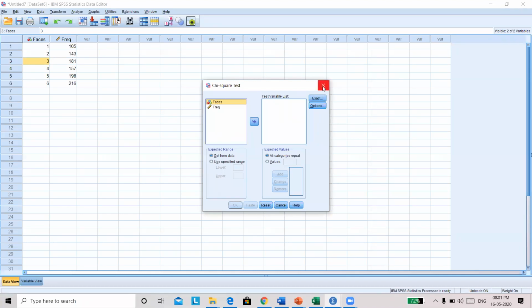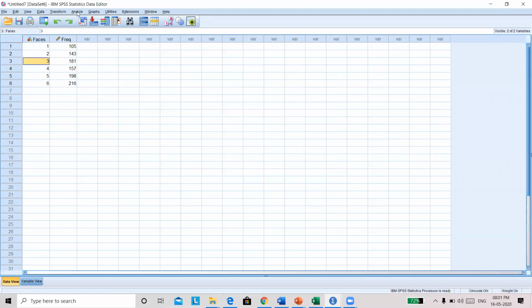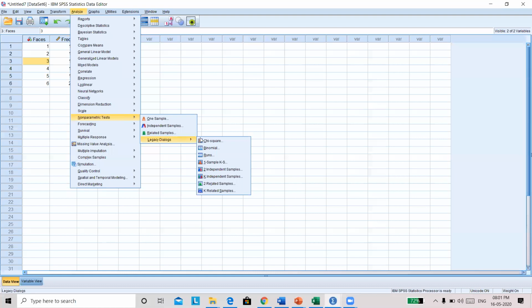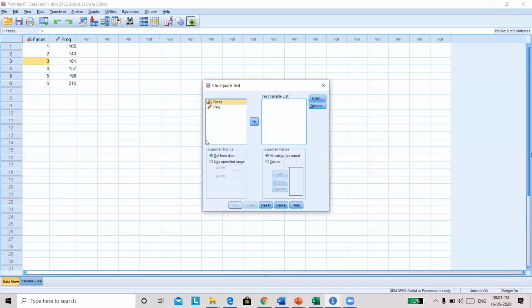Go to Analyze, Nonparametric Tests, Legacy Dialogs, and then Chi-square. Then you put your test variable over here, and you click OK.